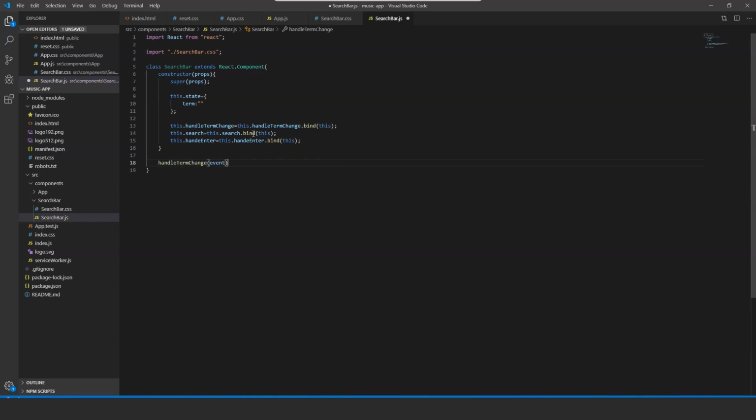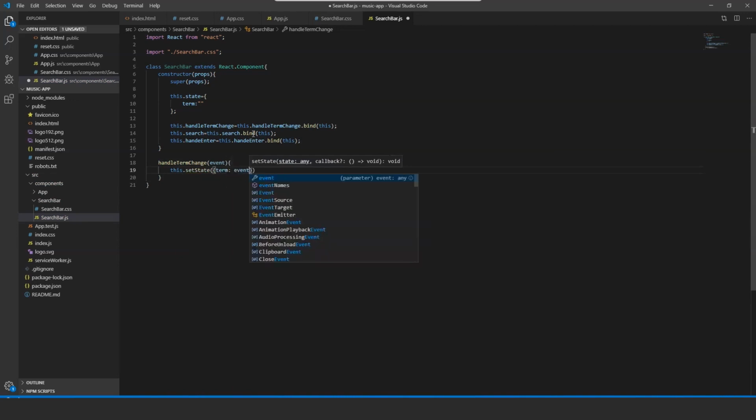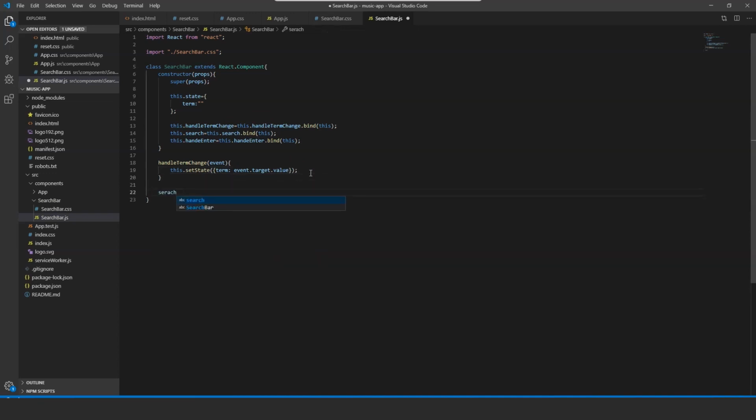We'll pass it a system defined keyword of event, this dot set state, and for the term we will use the event keyword. We will get the value that is there inside that text box the moment the search term the user has entered changes. So the search criteria changes, we trap the updated value. Then in the search function, we will update the local property props.onSearch. Okay, so we'll access the onSearch and pass it the updated term,